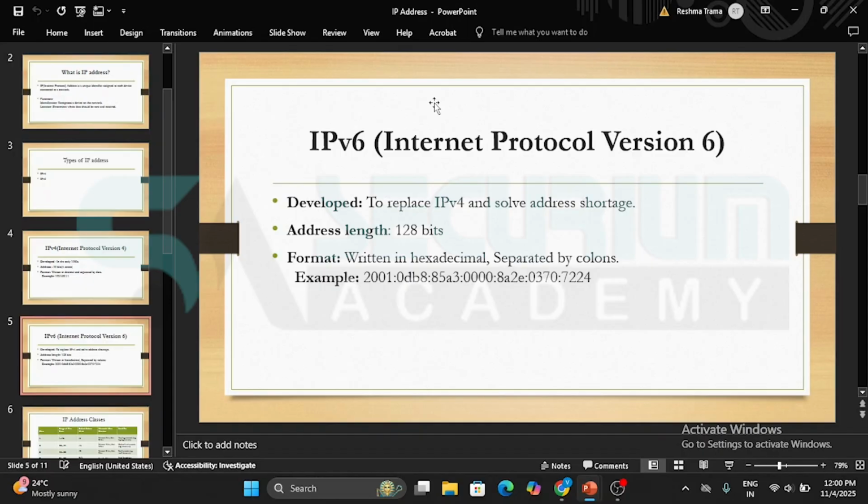Address length is 128 bits and the format in which we write this is hexadecimal, separated by colons. For example, 2001:0BBA:85A3:0000:8A2E:0370:7224 and many more.